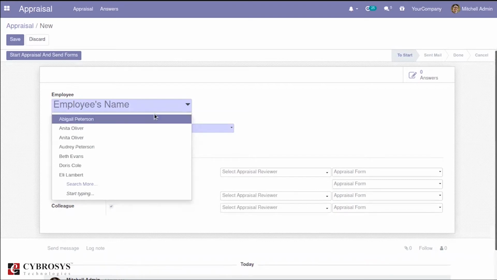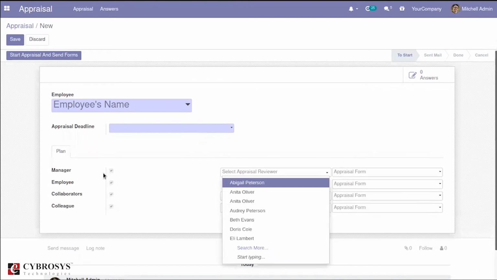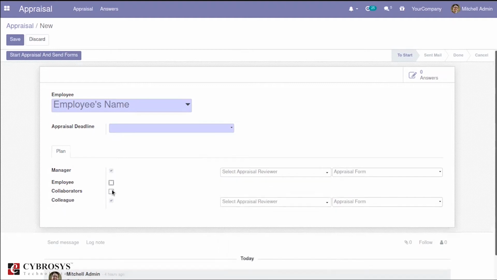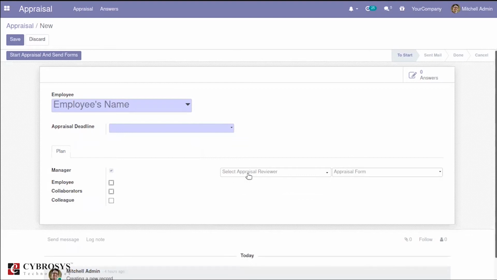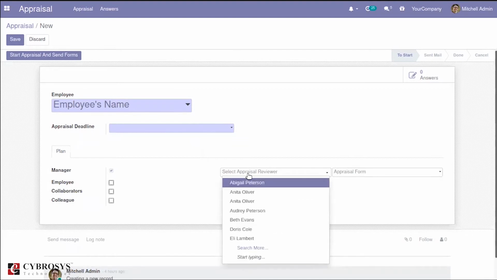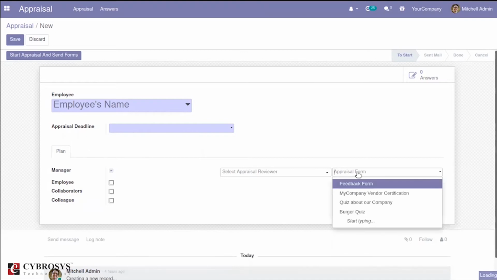Basically here you can select your employee name, and correspondingly you can select the persons who are reviewing the corresponding employee's appraisal form. Here you can select the appraisal reviewer name, and you will have the option to select the appraisal form.